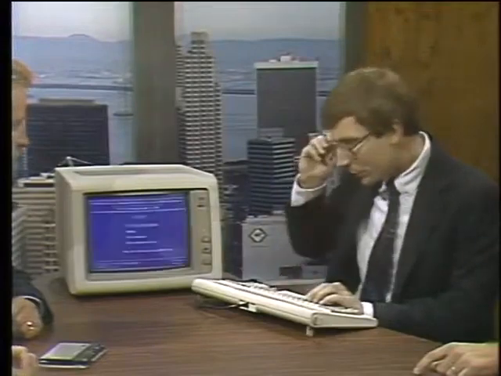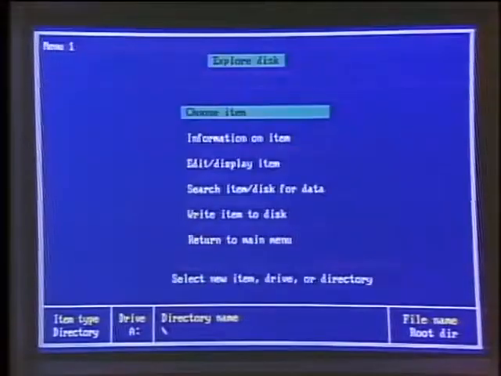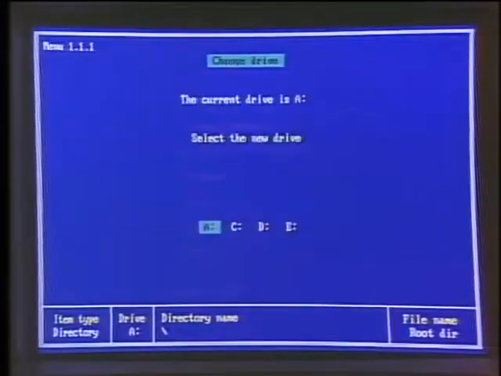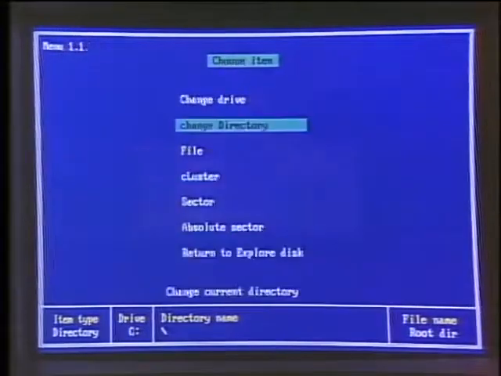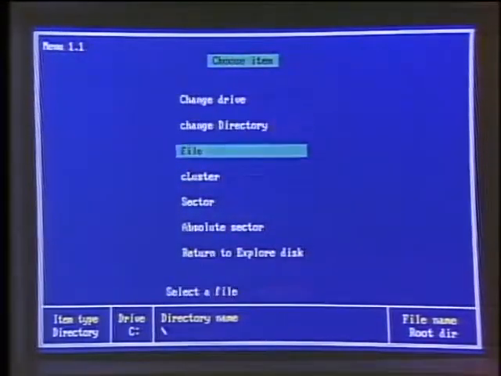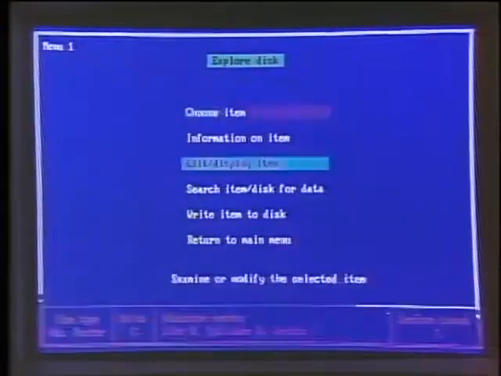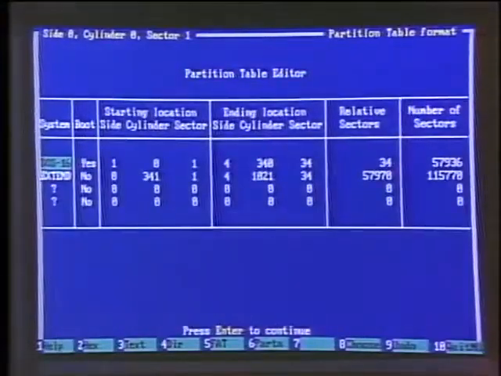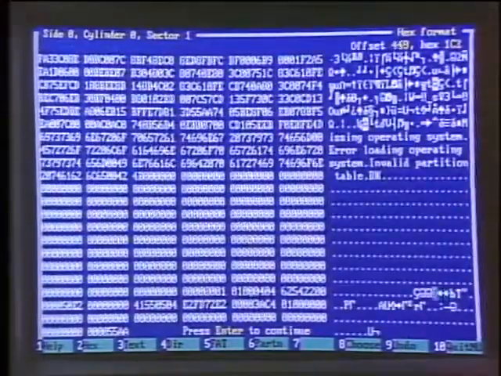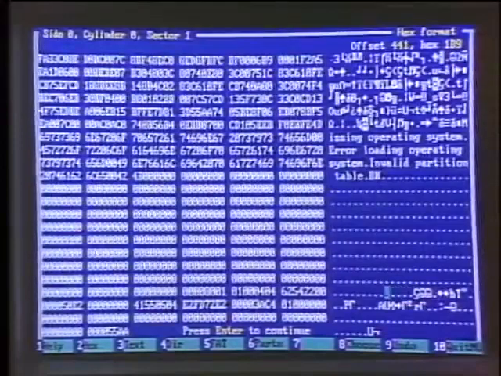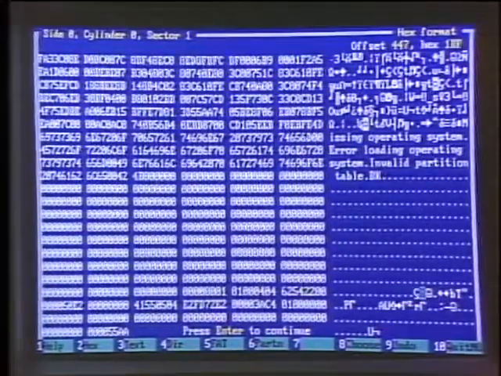So normally, when I'm going to explore the disk here, I'm going to choose an item, and I'm going to go into the absolute sector. I'll edit this information, and this is what's called the master boot record. And what I'll do here is I'll go to the hex table, and I'll literally replicate what happened if, for example, you were working on